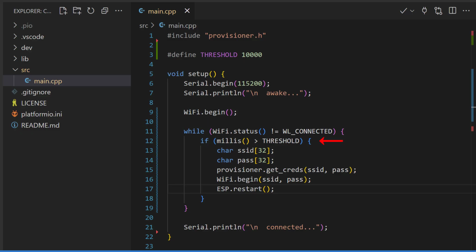Here we failed to connect within 10 seconds, so we called the provisioner, got credentials, and then called Wi-Fi Begin using those credentials. We call Wi-Fi Begin, but we don't wait around. We immediately restart. And so when the device reboots, it comes to this Wi-Fi Begin call, and this time it works. If you call Wi-Fi Begin without credentials, it will use the last set of credentials you attempted to use,